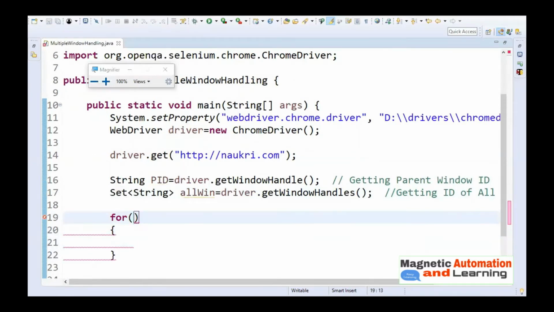The syntax of a for-each loop says you should have one variable of the set's type. What is the set type here? String. So I need to take one variable: String id colon the name of your set. What is the set name here? allWin.